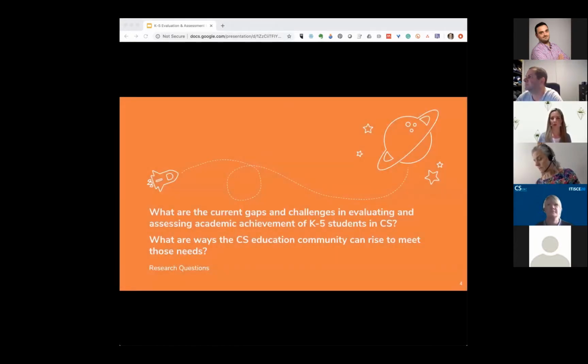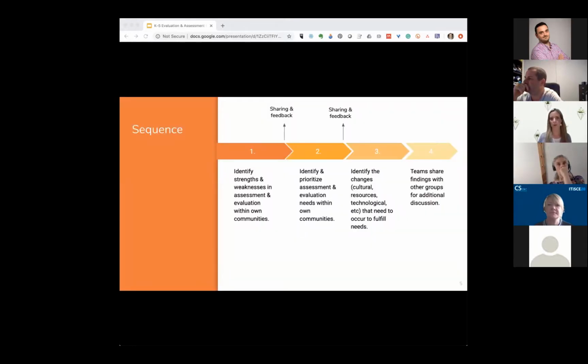In this group, we sought to answer what are the current gaps and challenges in evaluating and assessing academic achievement of K-5 students in computer science, and what are the ways that the CS education community can rise to meet those needs. We explored the topic over one day. We went through identifying strengths and weaknesses in evaluation and assessment within our own communities and the broader CS education community.